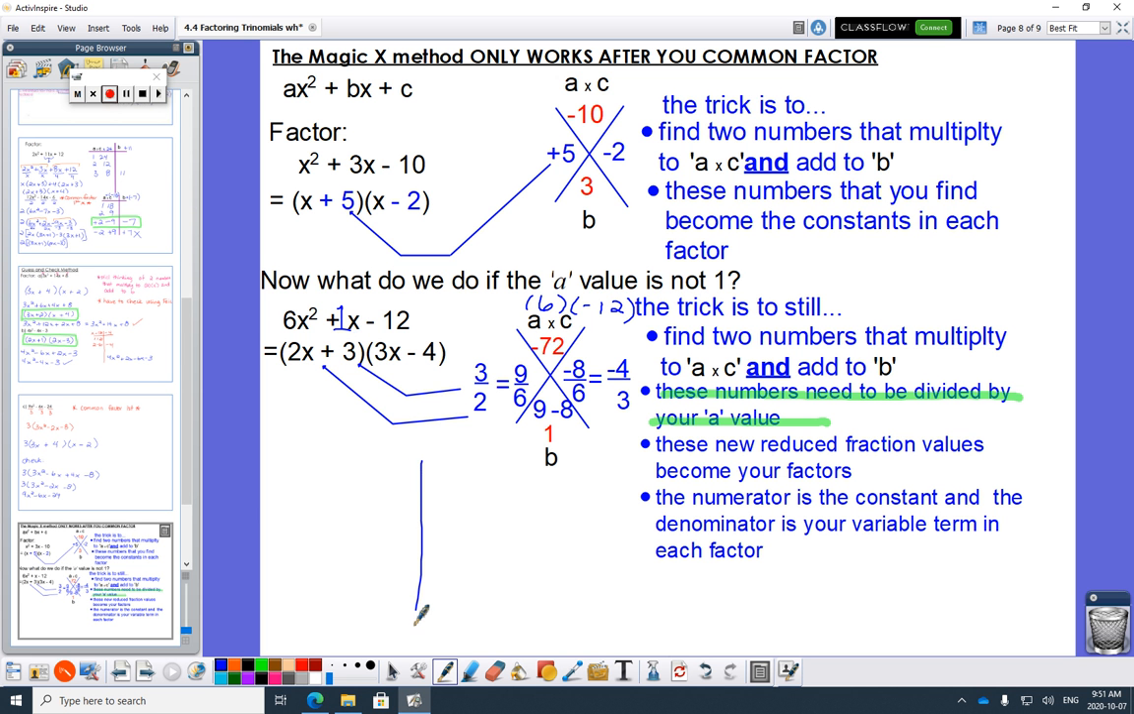So really, we're doing this. 1 and 72, 2 and